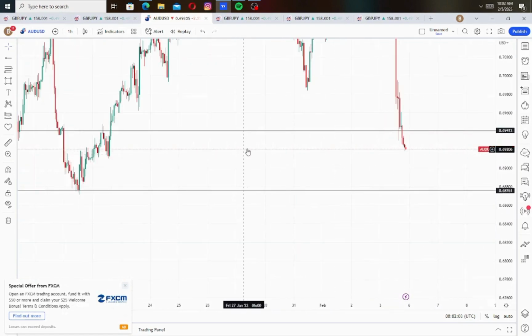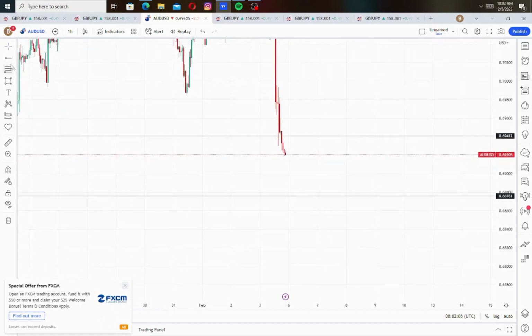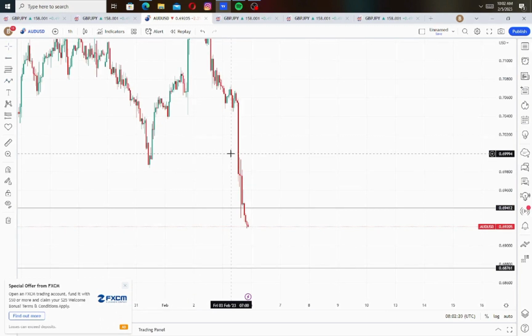So what I am gonna wait for on AUD, I mean, is some kind of retest to the upside. As you can see, it broke out here and it's been going down. So as the market opens, I'm expecting